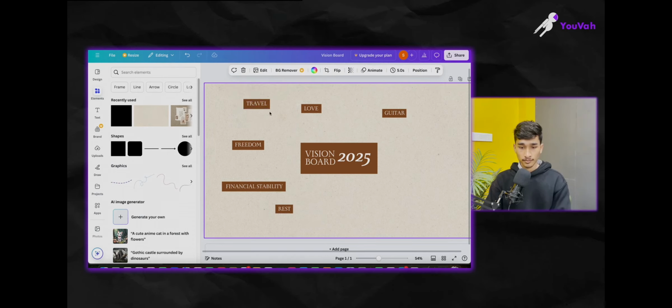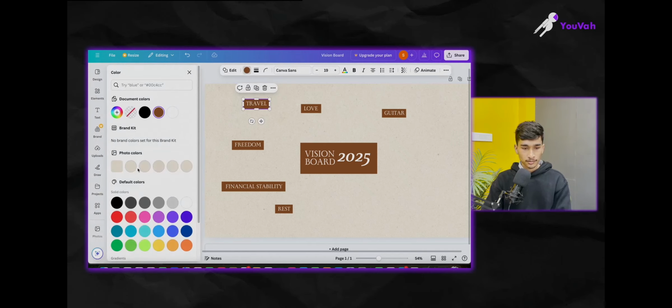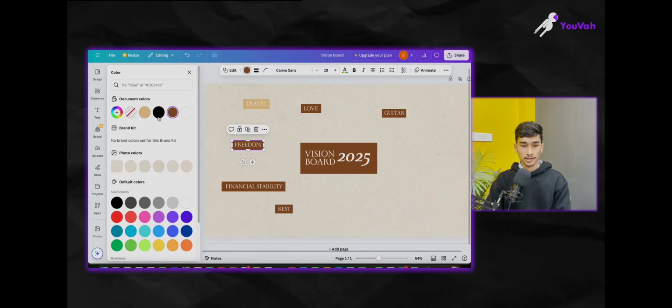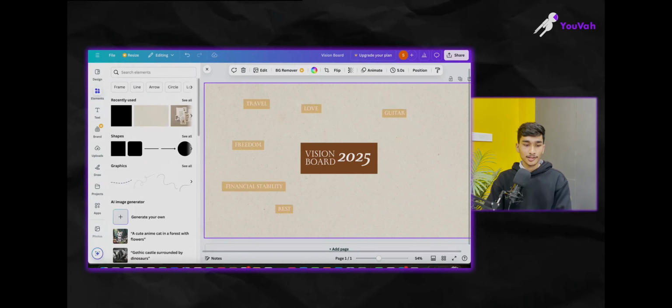And now just let's change their color to a bit lighter tone. So we'll pick up this one only, the background color, and we'll keep it like this one. All right, more darker, maybe this one. Again a beige color, and we can change every one of it. All right. This one, like this. Now on the basis of all these things, let's quickly grab some photos, and from elements